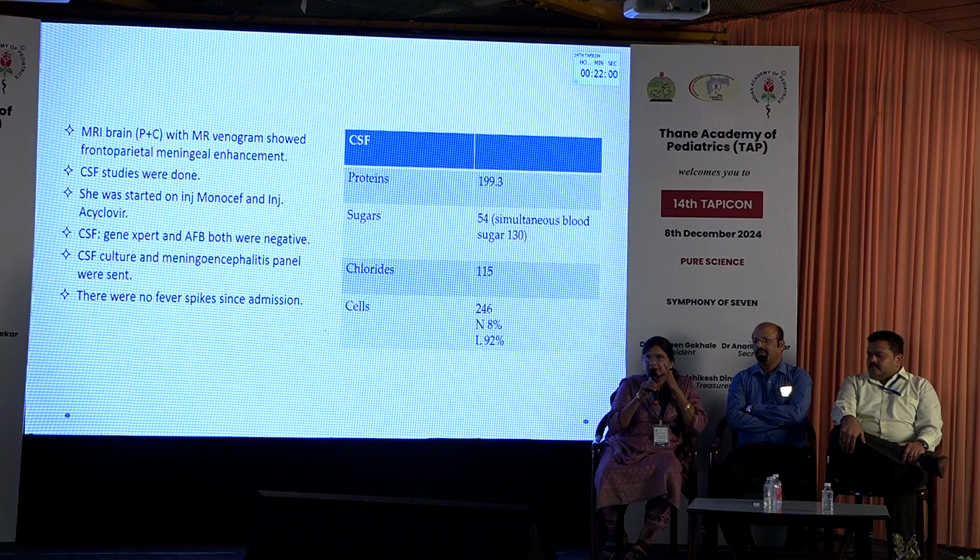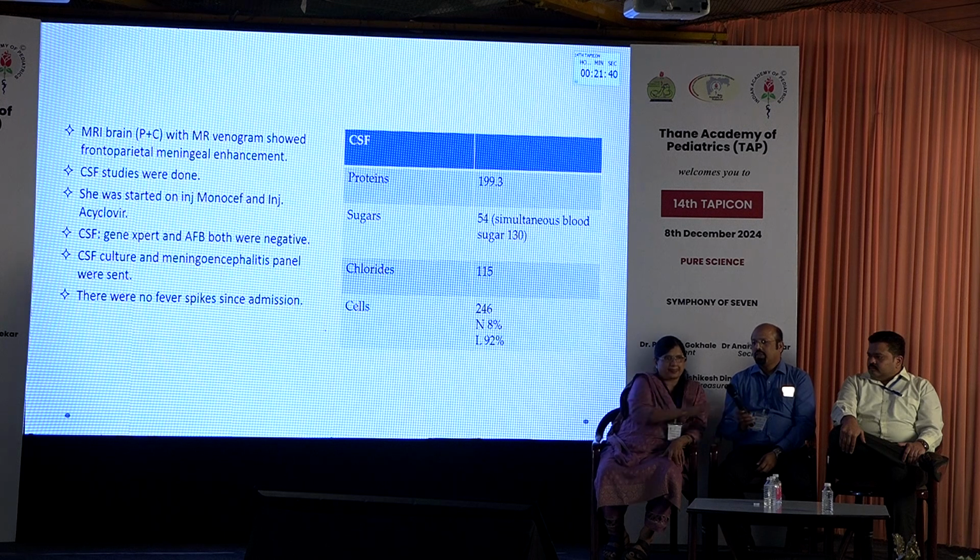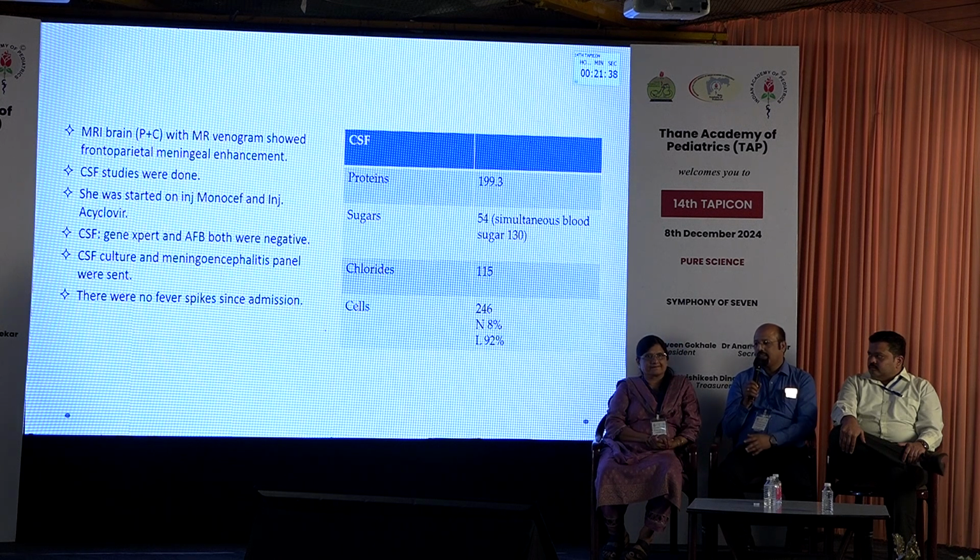Again, GeneXpert will tell us the kind of sensitivity. Whether GeneXpert Ultra was sent or plain GeneXpert, all those things I think do matter. I also doubt whether oral antibiotics would cause so much change in the CSF to make it look like a partially treated one. So 2-3 possibilities, as sir said. It could be more of a TBM as sugar levels are normal. Even if someone is thinking about partially treated, the sugar levels would not be so high, like 54. They could be around 30, 34.